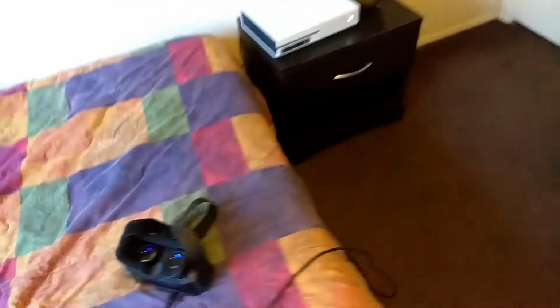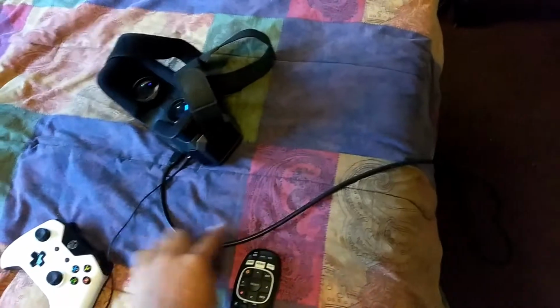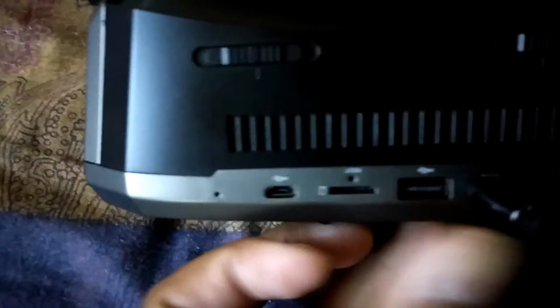Anyways, the reason I did it was because it goes from there to here. It's pretty easy. When you buy it yourself, they give you a 3-foot long cord. I bought this one, it's a 25-foot long cord, so I never have a problem getting around. It's long enough to go anywhere. If you look here, you basically have your